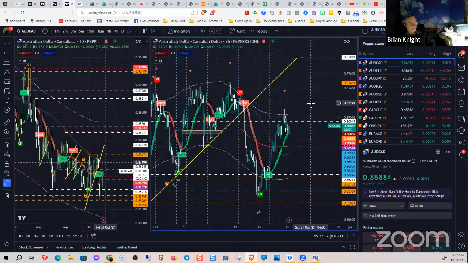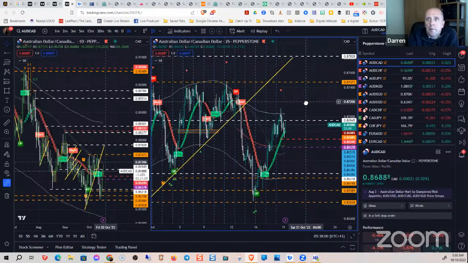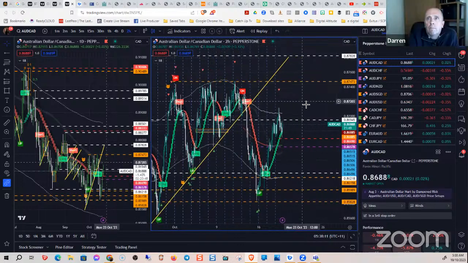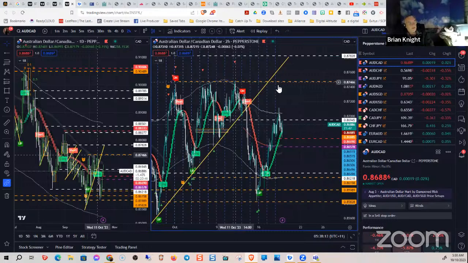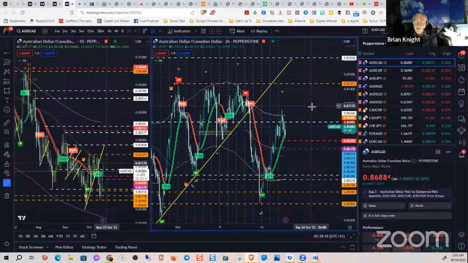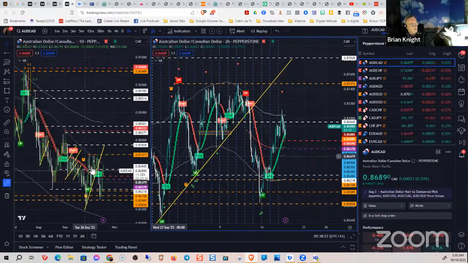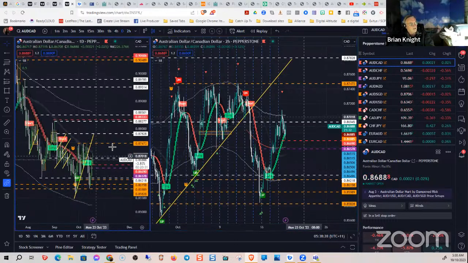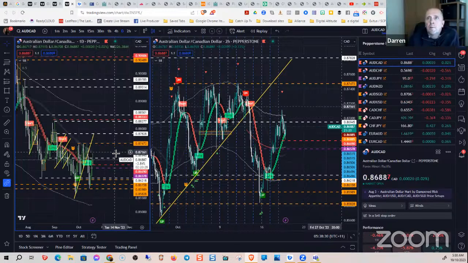I mean, a tiny bit of drawdown at the minute. Oh right. So you're actually in drawdown at the moment from where you entered. Yeah. And you've got your stop loss further up than there. So if it does continue up, you're just going to give away more and go further into drawdown, which is okay because you're looking at this potentially to continue down. There's just a pullback it needs to do. Yeah, I'm just staying in it for the moment.